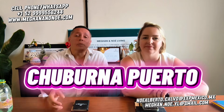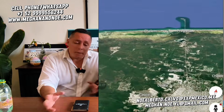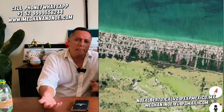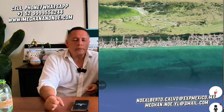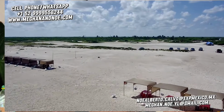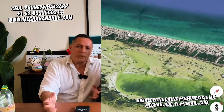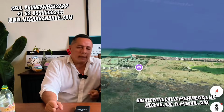And then we go to Chuburná, Puerto, guys. It's next to Chelem, as you can see in this map. A very beautiful place too, with, I can say, the beach is better on that side, and there's other properties we represent there and promote. It's known because it has the island of swing, the beautiful Dunes Beach, or Las Dunas, that you can see here. So it has a couple of very good attractions in the area, I will say. Very attractive for the people who love that kind of stuff. So yeah, it's next to these